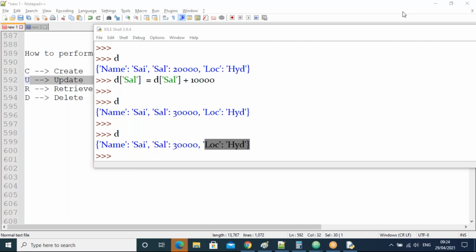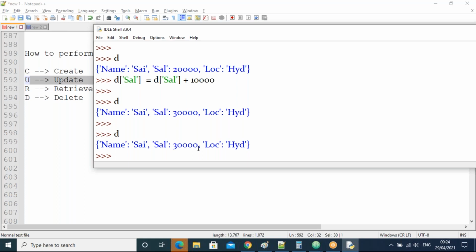Now, what is the salary here? 30,000, right? Now what do I want? I want to update the salary. Now 30 is there, I want to make it 40. So there are two ways to update the salaries, guys.